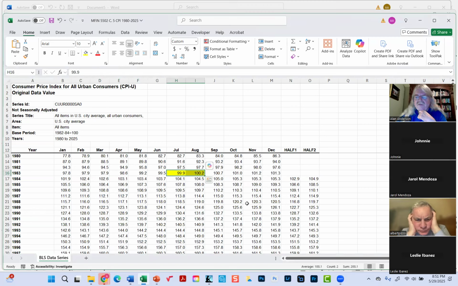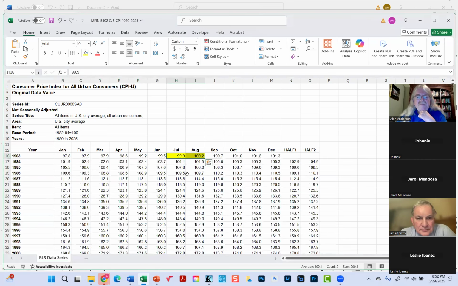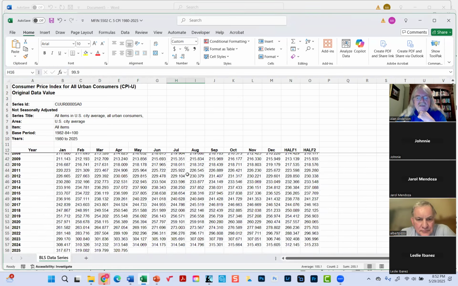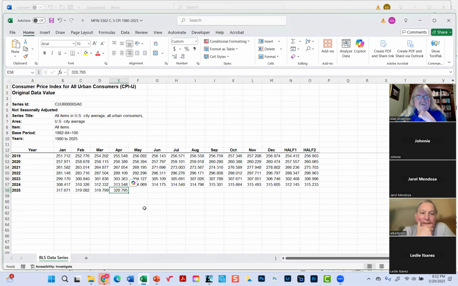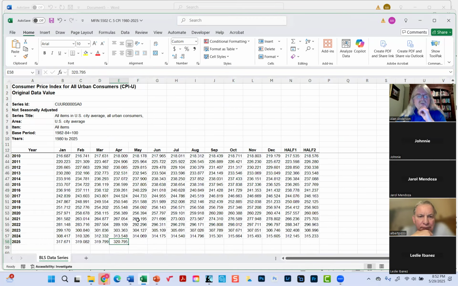And so all the other numbers are measured with respect to these. Right about here would be 100. The middle of 1983 would be 100. So that means that right now we're looking at 320.795. So that means prices in the United States are approximately 3.2 times what they would have been